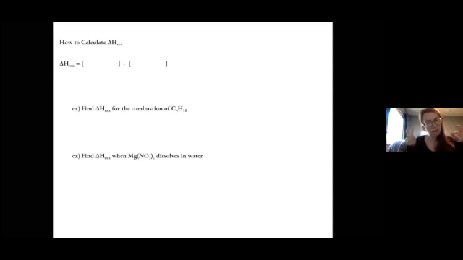The formula for it, I guess you could say, is the heat of reaction is found by taking the products. I put them in brackets because I think that's how it's normally shown, and I think it's a good organizational tool. So we take the value of all of the products added together, and we subtract from them the value of all of the reactants